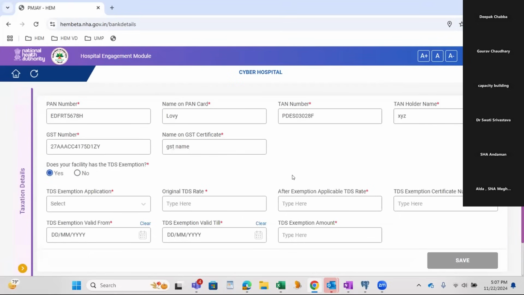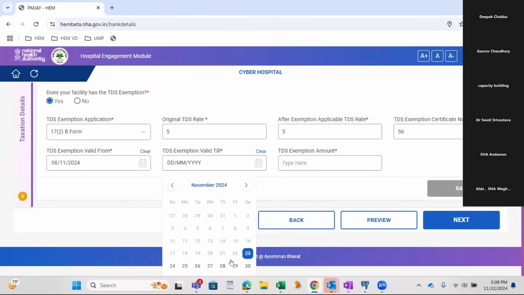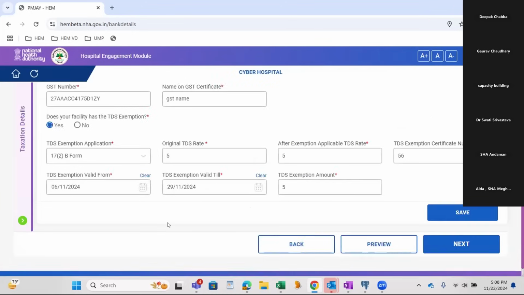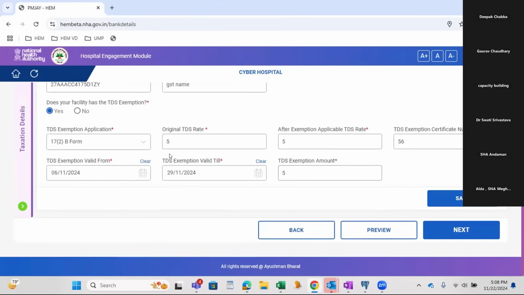If you click on yes, then you have to fill additional fields like TDS exemption application, original details. So let me fill all these details as well. Certification number. So click on save. You can see financial information saved successfully. So we have filled both the sections on this financial tab.